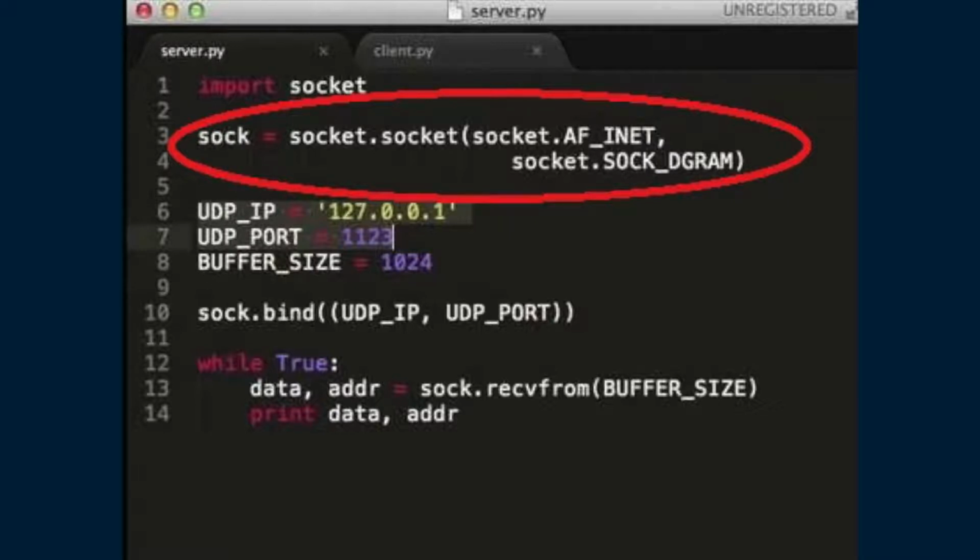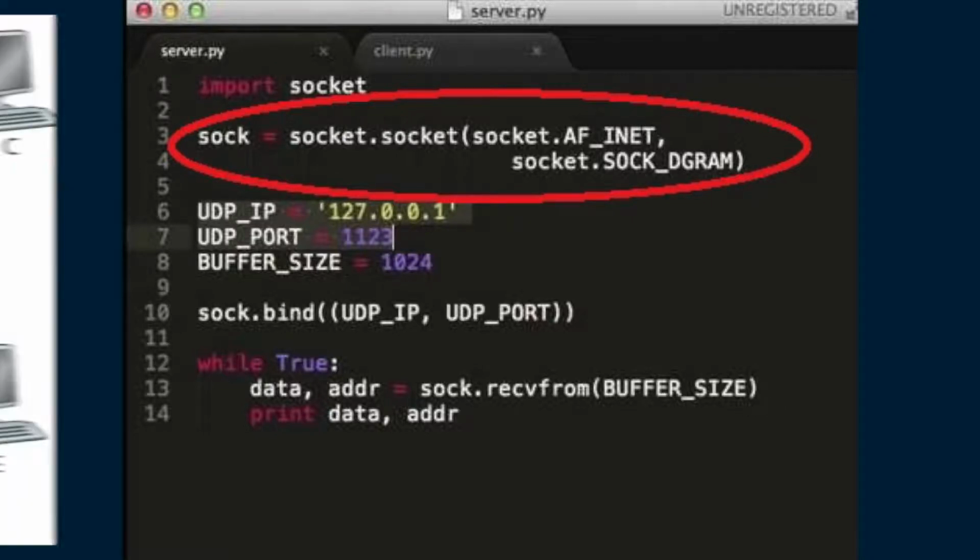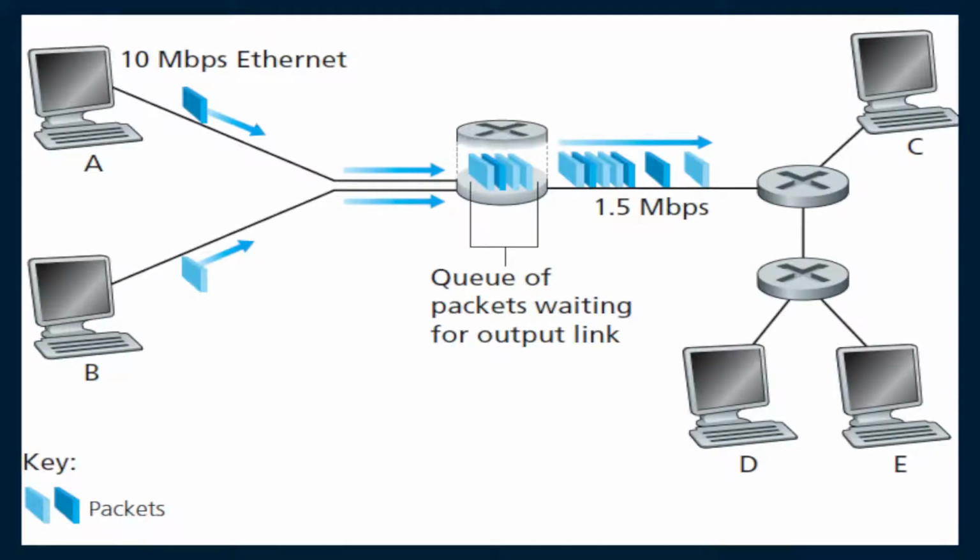In contrast, user datagram protocol, shortly called UDP, sockets created with socket.SOCK_DGRAM are not reliable and data read by the receiver can be out of order from the sender's writes. Why is this important? Networks are a best effort delivery system.